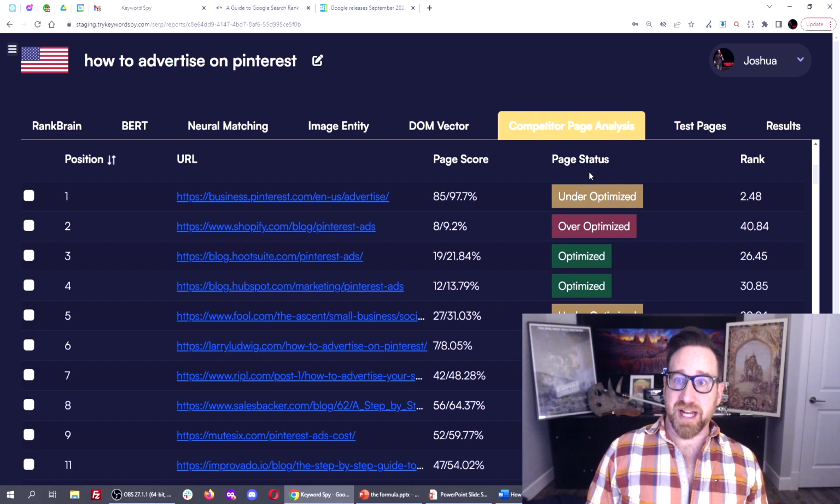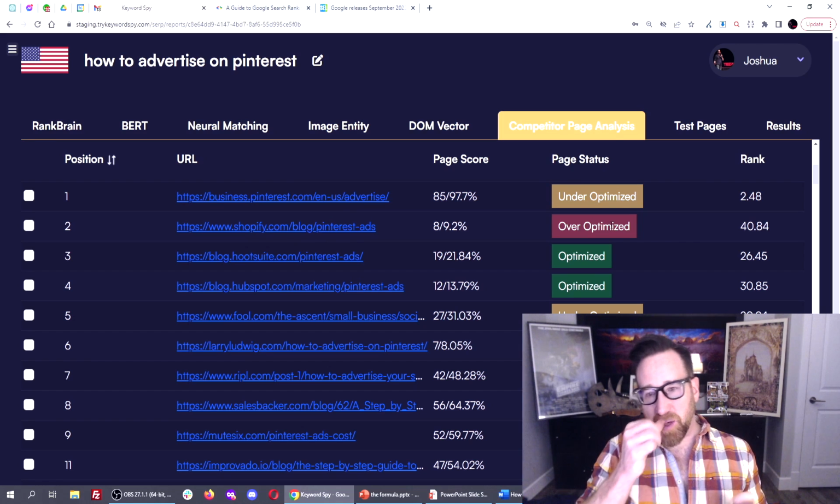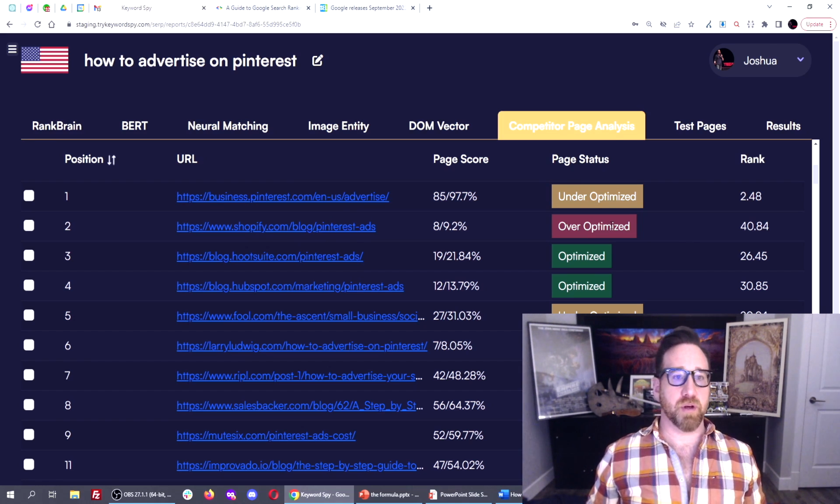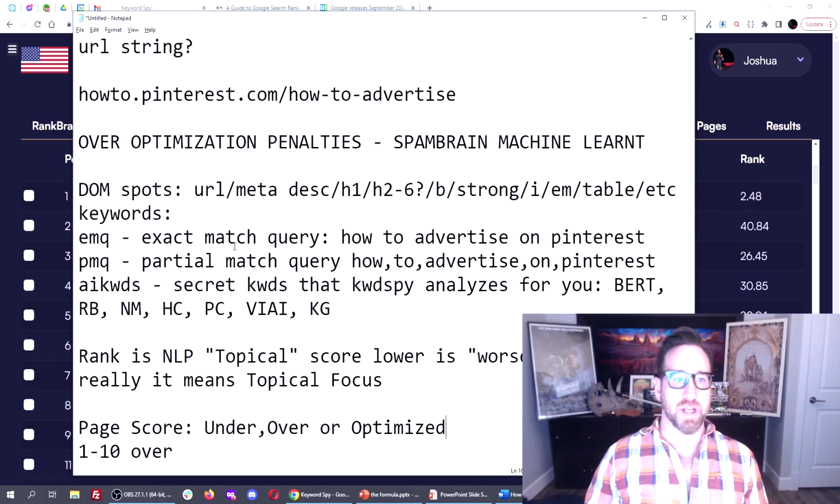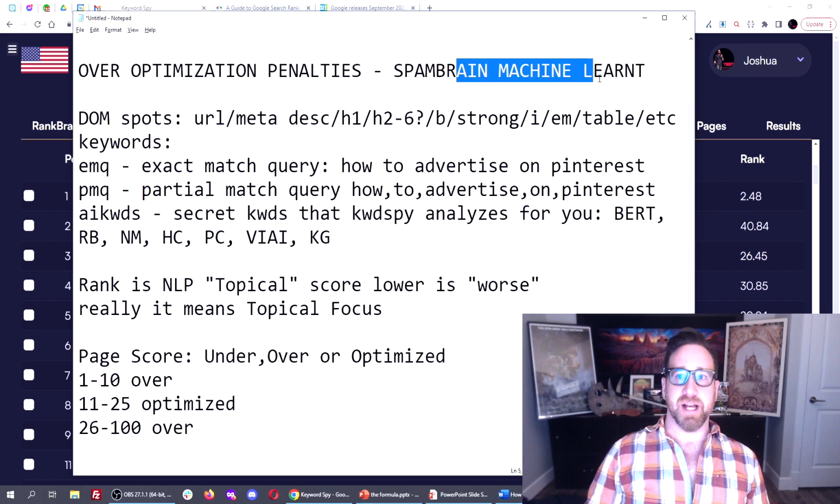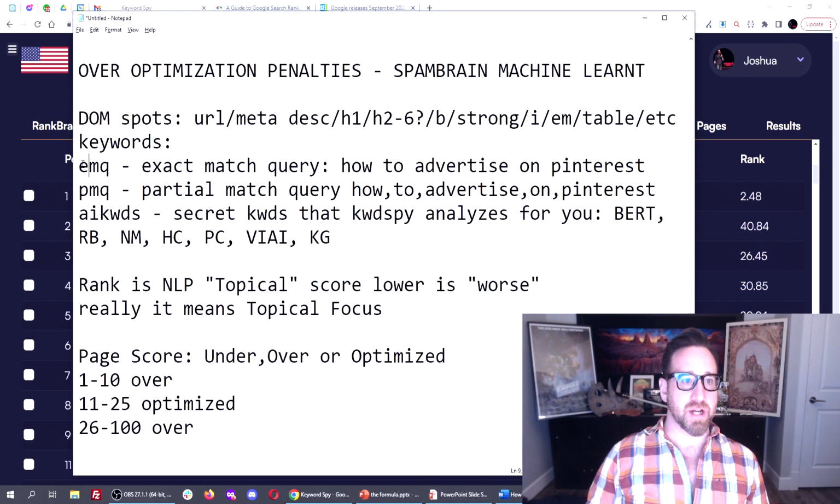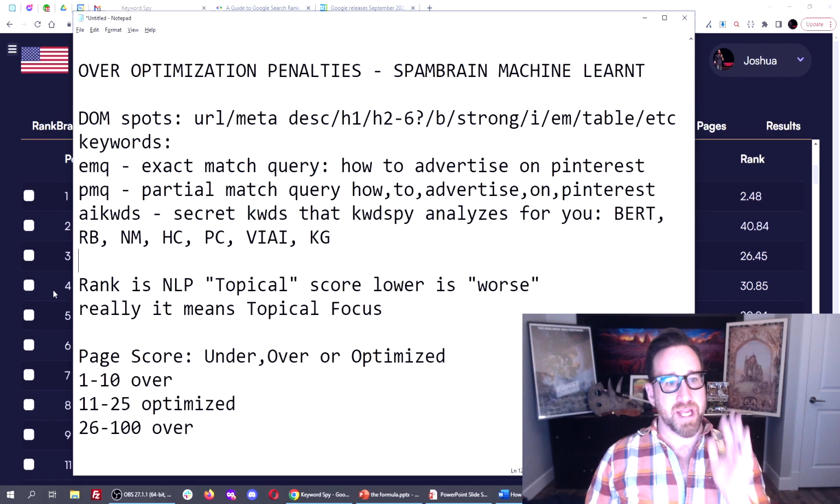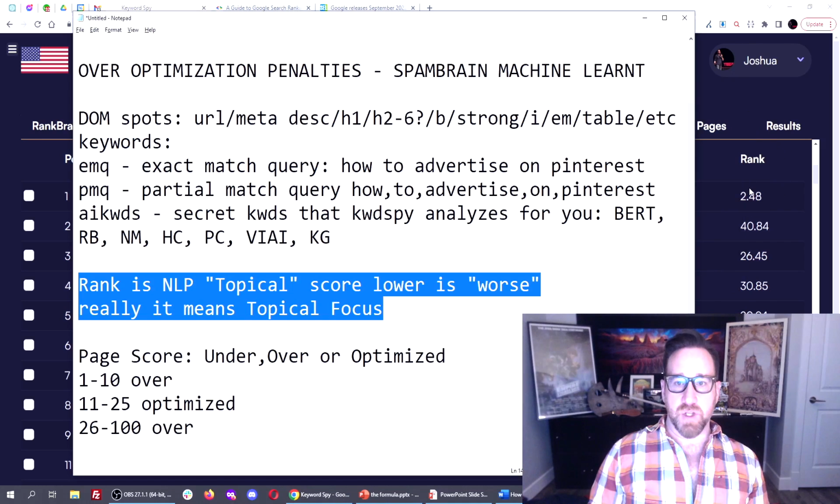So you've got the page status, which shows you whether it's under-optimized based on our scoring systems, which are a very complex mathematical algorithm of how the over and under optimization actually works, based on a lot of things, including the machine learning of SpamBrain, the DOM spots you're allowed to use, the keywords you're allowed to use in them, how rich they are. And we score this in two different ways. Rank here, as you see here, the lower number is worse, so to speak. It is our NLP